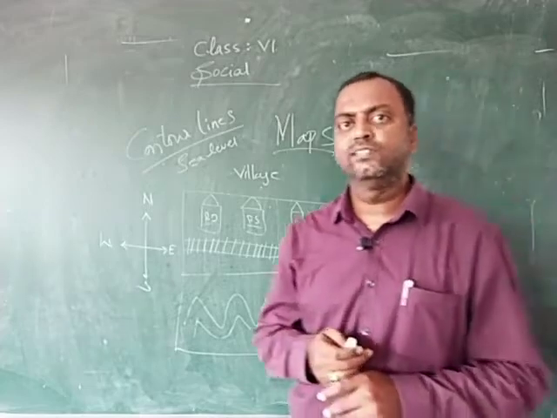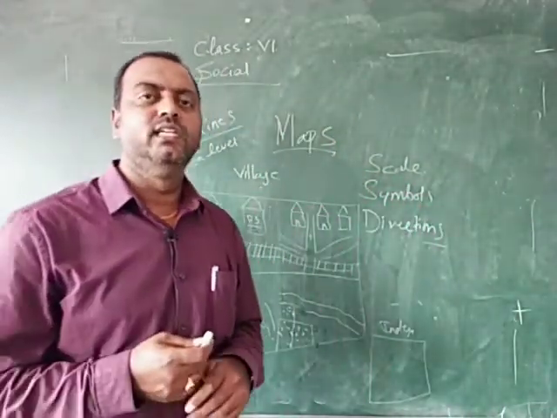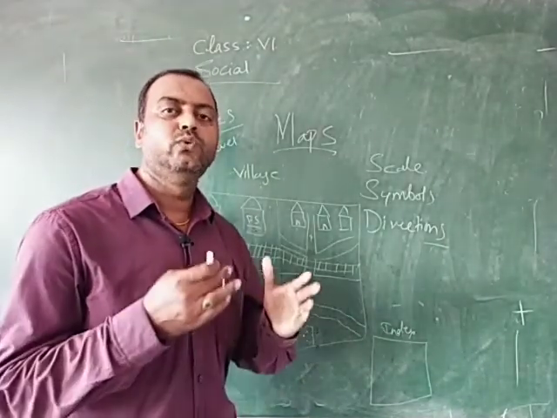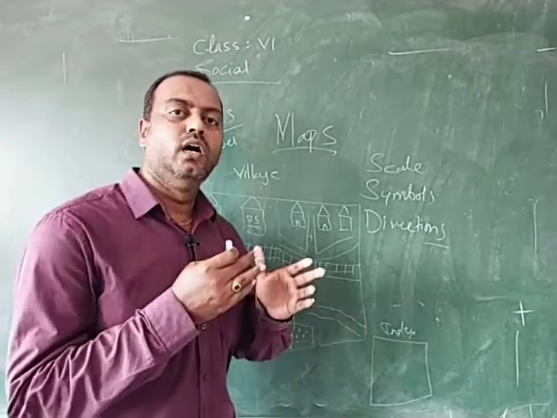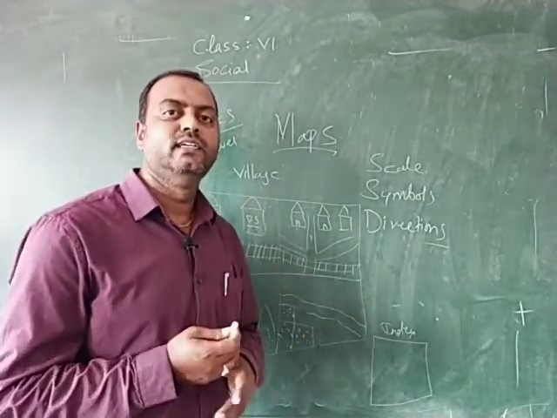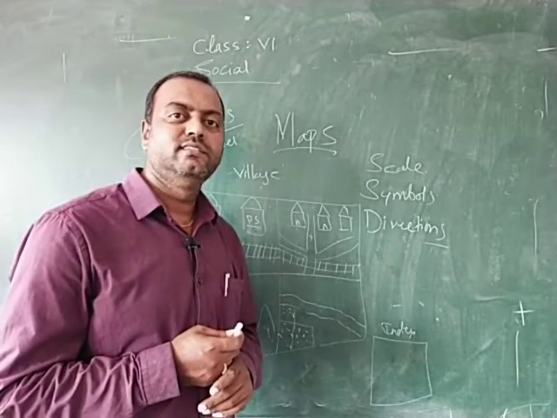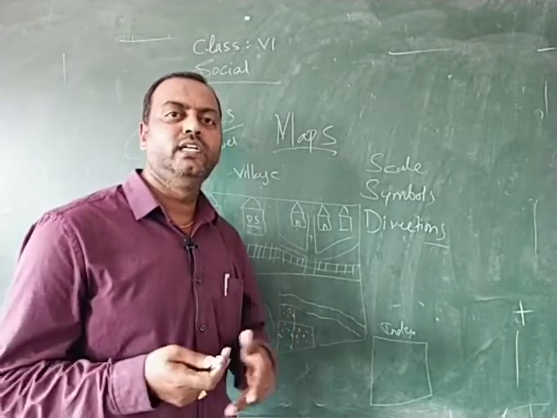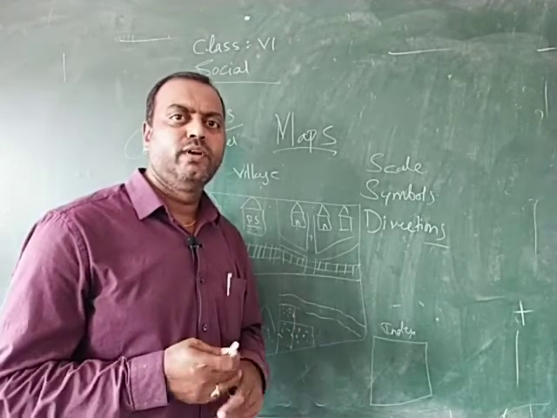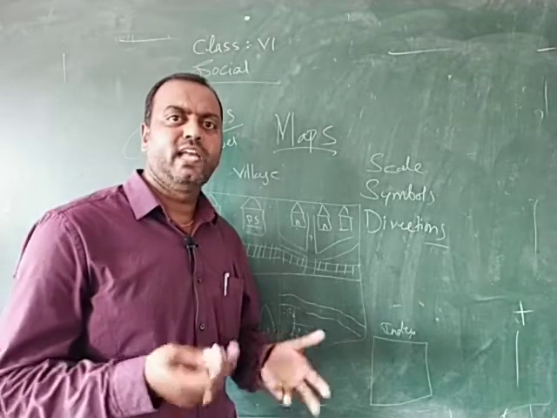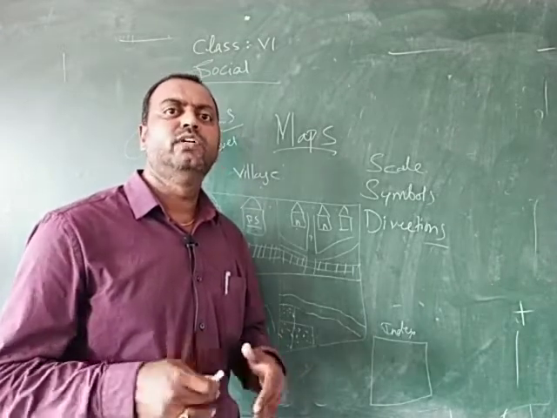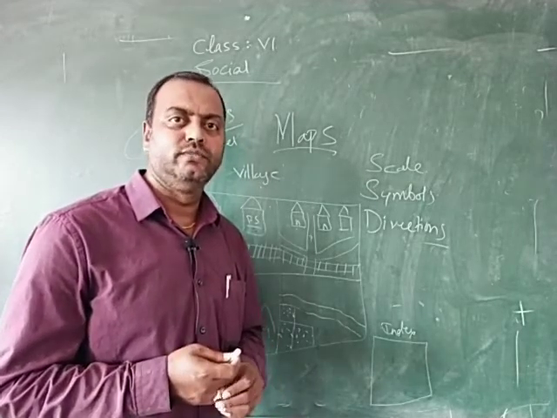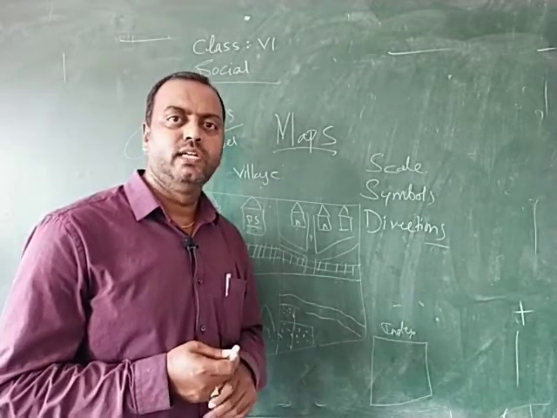These maps help us in locating places, in finding out information about nearby places, and even where to construct the dams, where to construct the roads, what is the height and what is the terrain of the place. Different kinds of maps are drawn in order to find out different information. For population, you can draw the population map. For climate, you can draw the climatic maps. So different kinds of maps are drawn in order to understand different aspects of life. So this is how maps are useful in our day-to-day life.